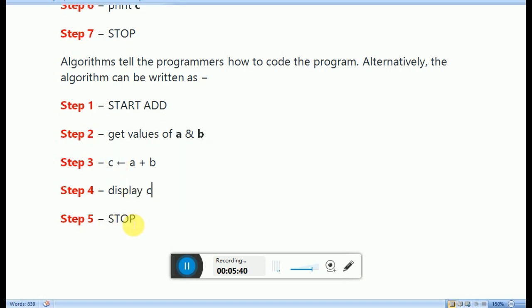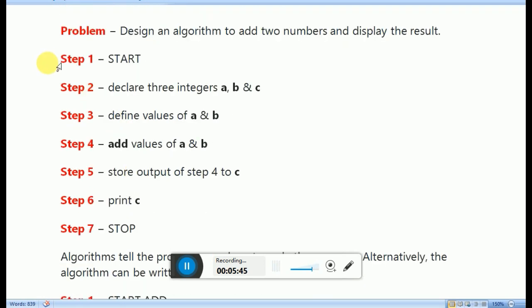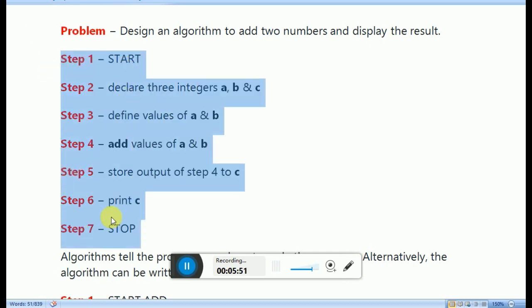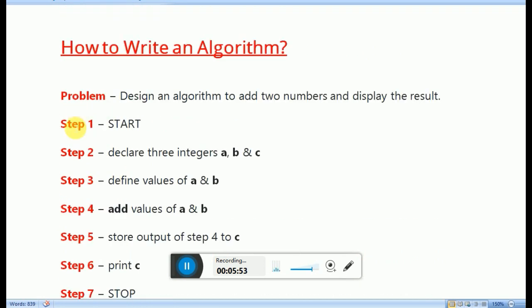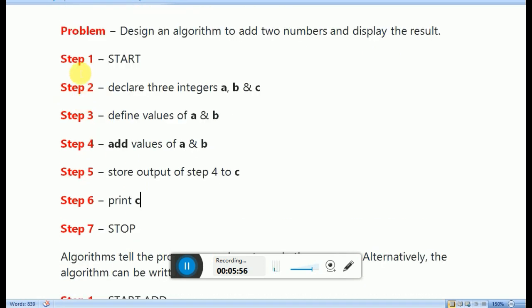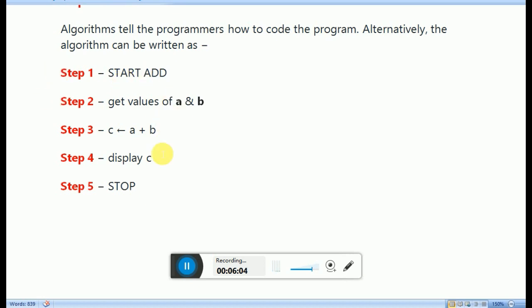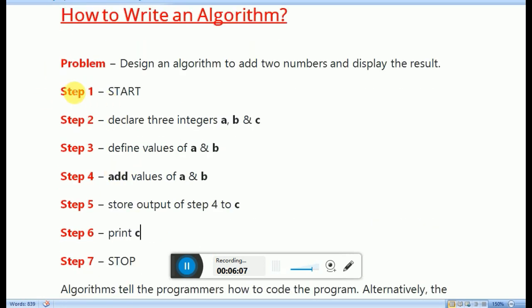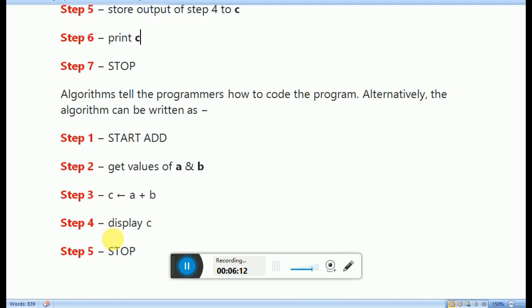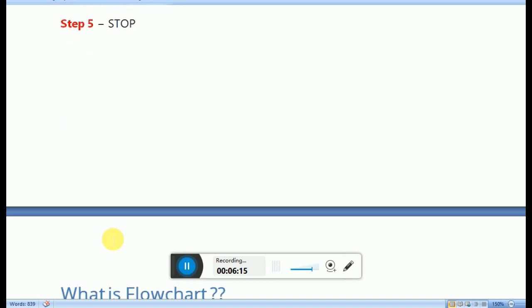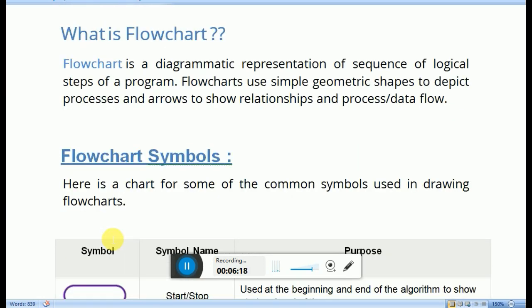Then here stop. You can also write algorithm like this, but I personally want to say one thing, that I basically follow the earlier step rather than this, because this process may be a little bit lengthy, but it is easy. So you just decide in which way you want to write the algorithm, but I will prefer you to write algorithm in this way. So you have understood what is algorithm. Now we will move on to our next topic, what is flowchart.